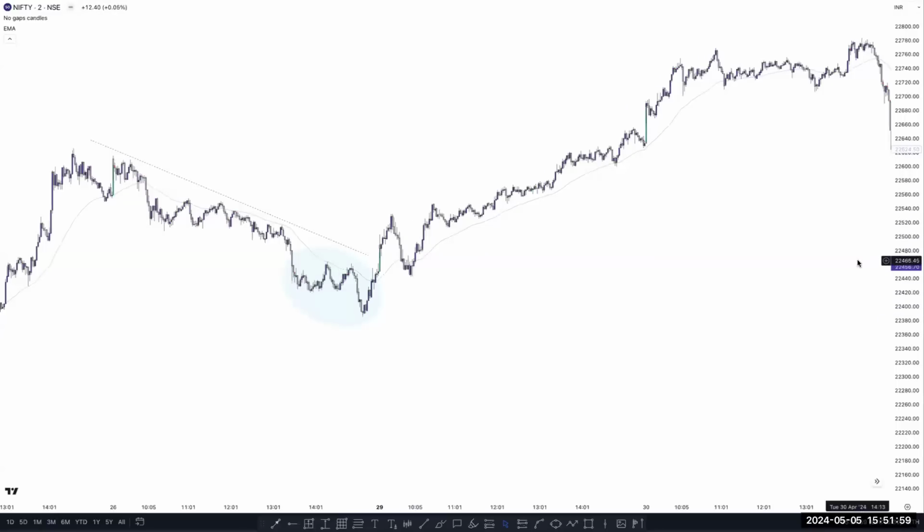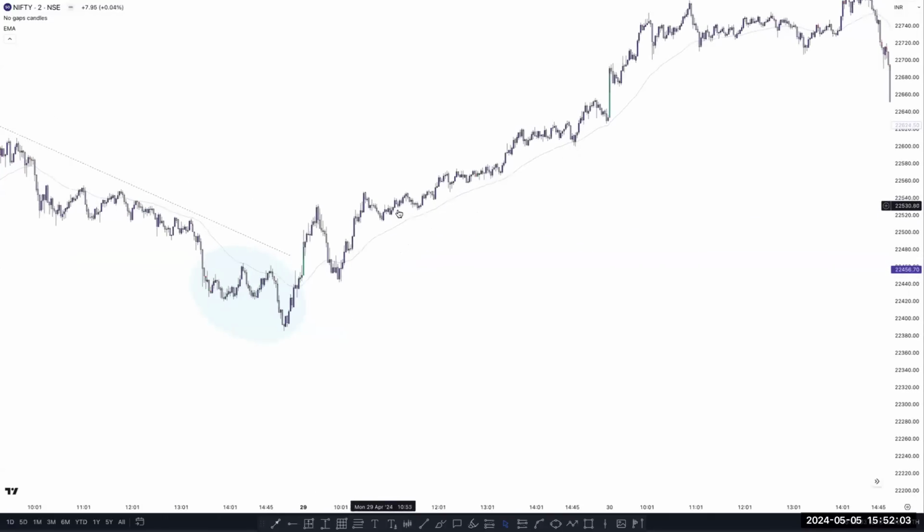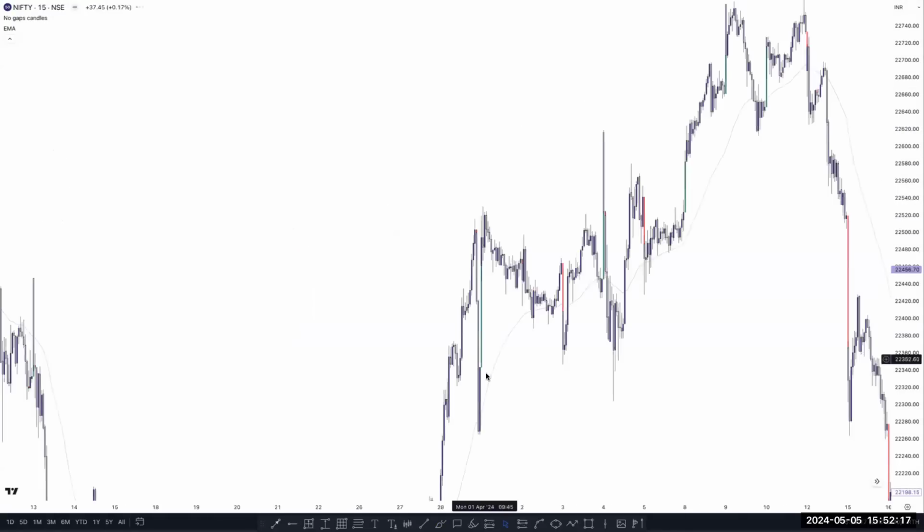And the other thing, you can see that after breaking this high, there are so many continuation patterns here, breaking the high, this one, like this one, and this one. These are continuation patterns, right? Why is this move happening? Because the higher time frame was creating a bullish continuation pattern. That's why the market is pushing upside.